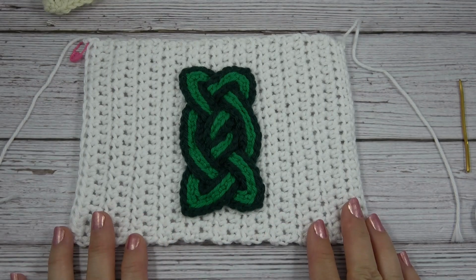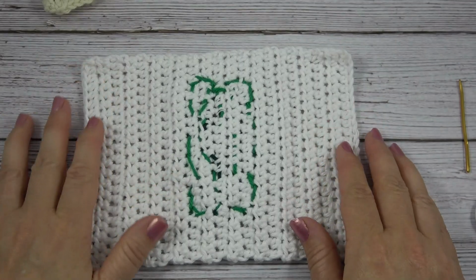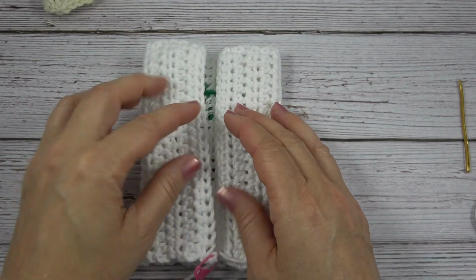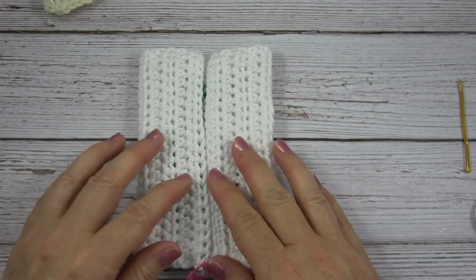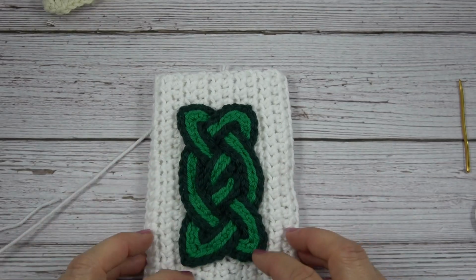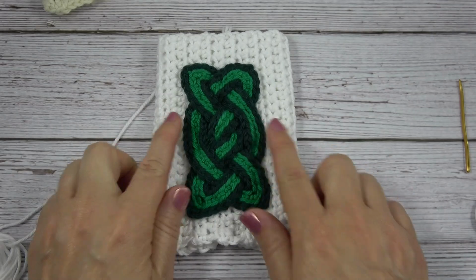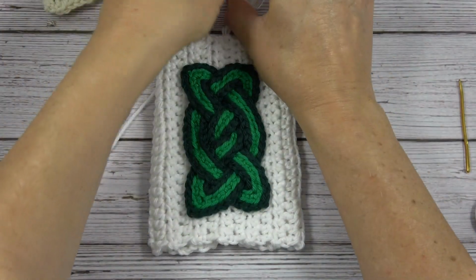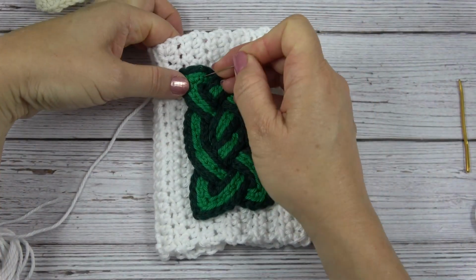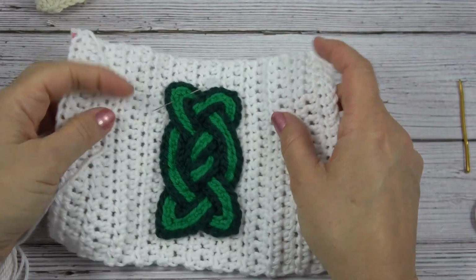And then when it's flat, this is the easiest way to applique the knot. So before I turn it into a sack, I left it flat, but to find where I would like it, I fold it in like so. So if you fold the sides in and have them meet up and then turn it over, you can see that that's how your soap sack will look. So you can place your knot here. And what I did is I took my knot motif and I pinned it in place, opened this back up,